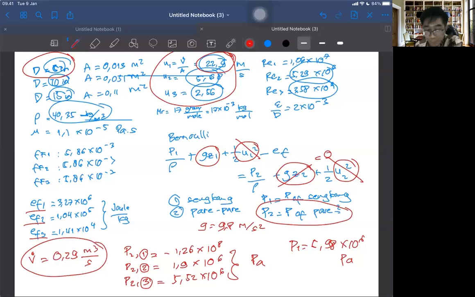How about the effect of increasing the diameters? By increasing the diameters, you found out that the pressure at Pare-Pare is increasing, right? At the 10-inch diameter, it's 1.9, and at 15 inches, it's 5.52. Okay, what can you say about these two? It's still flowing, right? It means you still have gas in Pare-Pare. Assuming your calculation is correct, but the trend should be okay. The pressure should be increasing